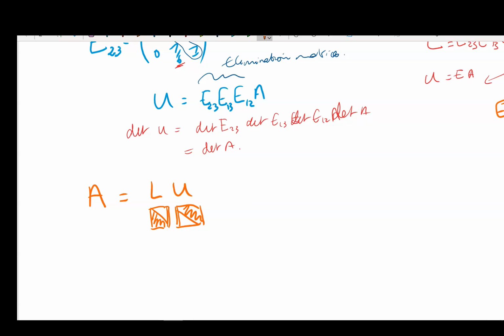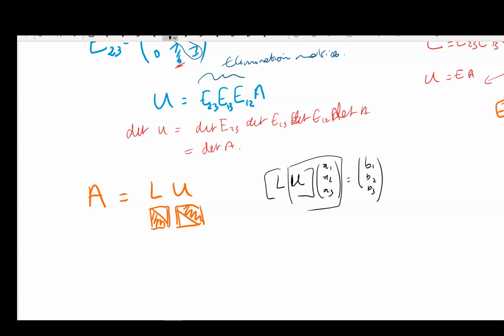What is the idea behind that? Why is that very popular? Because if you have decomposed your matrix as LU, and let's say you've got three unknowns x1, x2, x3, and you want to solve A times x1, x2, x3 equal to b1, b2, b3, and you know that you can decompose your matrix A as LU, that means that